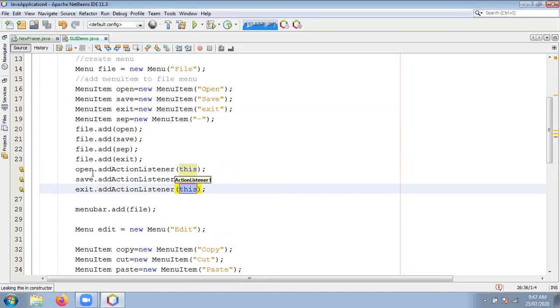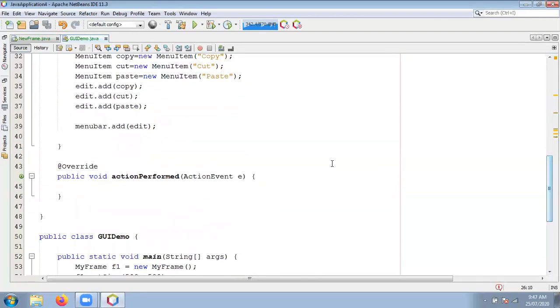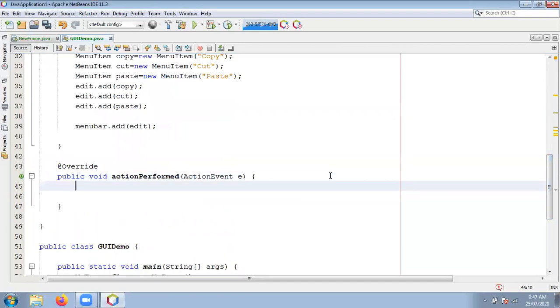Now what is the meaning of this? Here I can handle the events of open, save, and exit. I cannot handle the events of the rest, like copy, cut, paste. Why? Because registration is not performed for them. Now here I'm going to handle the event of these three. So just write down here a String